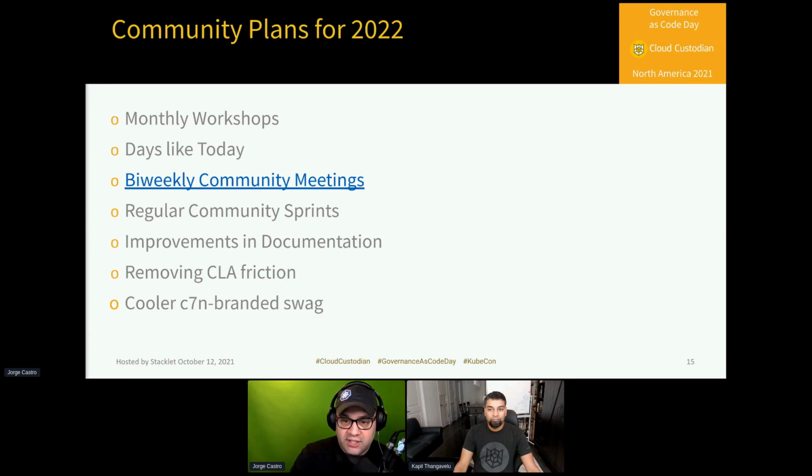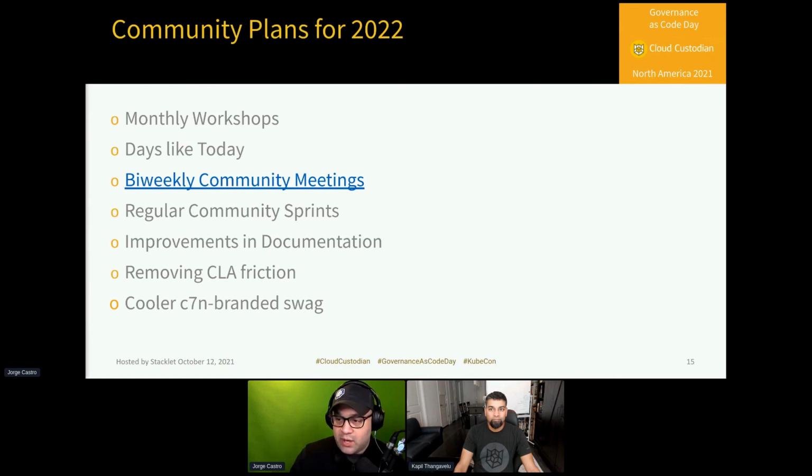So if you're interested, if you see something in the docs that you want to fix, or maybe you haven't contributed to an open source project before and you're looking for a safe place to have someone walk you through it, we're more than happy to do that with whoever shows up. This has resulted in some improvements in documentation.